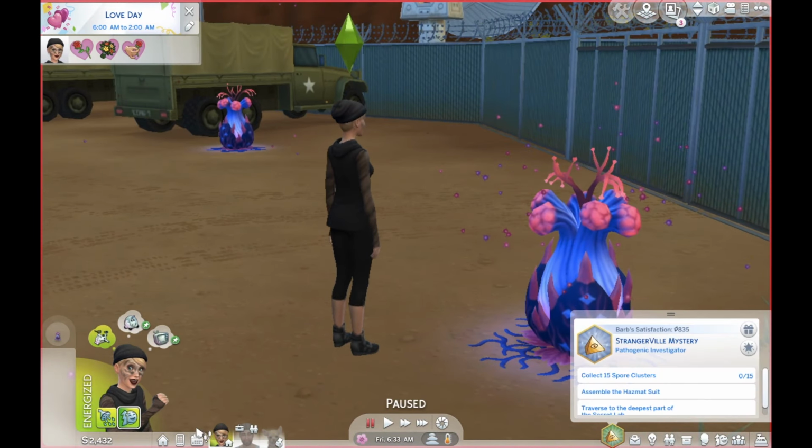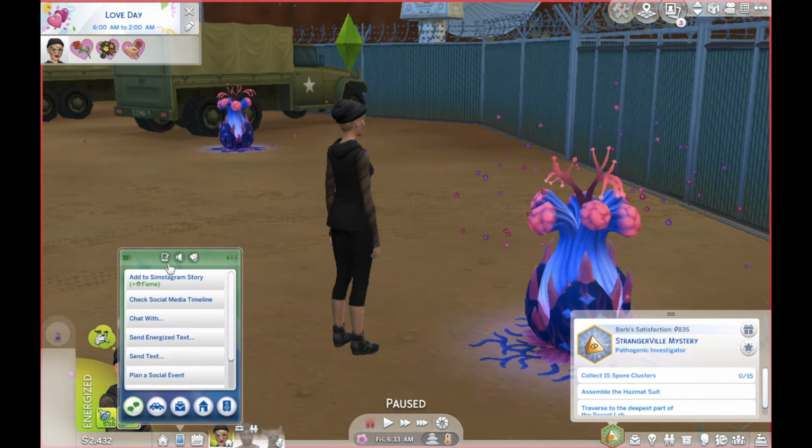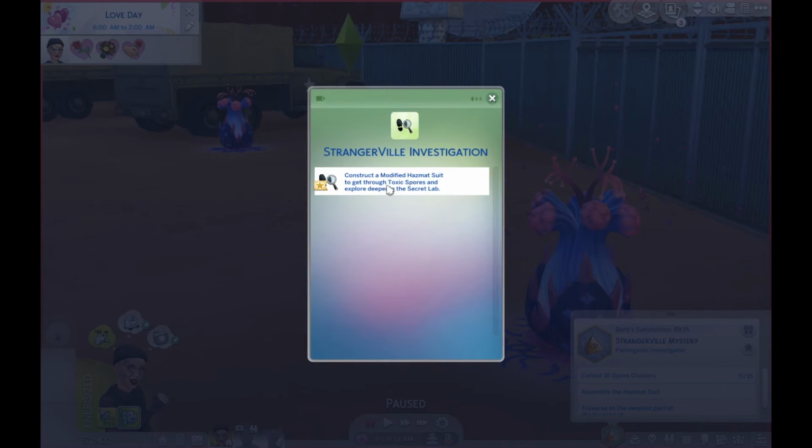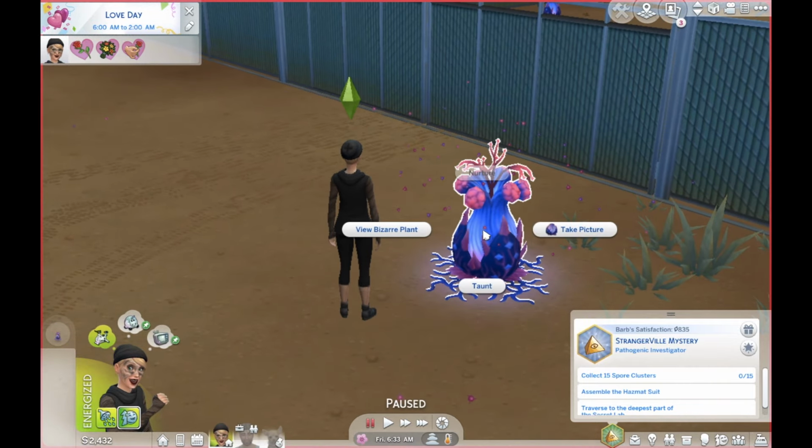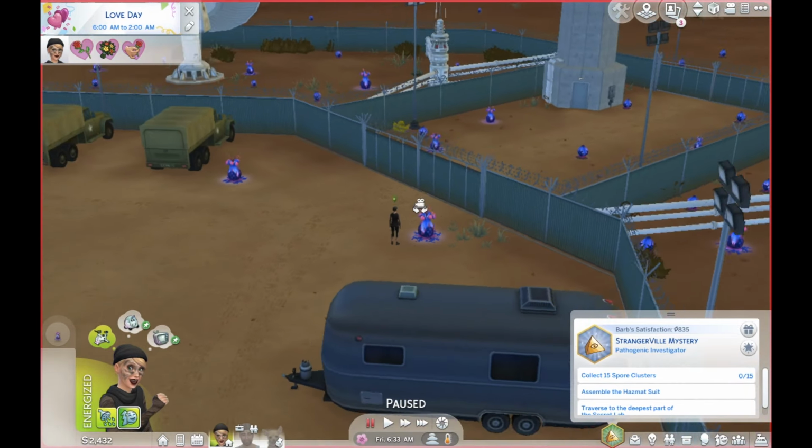And then we are going to need to check our notebook. Let's see what it says here. In our notebook, it says, construct a modified hazmat suit to get through toxic spores and explore deeper in the secret lab. Well, all right. So we are going to...